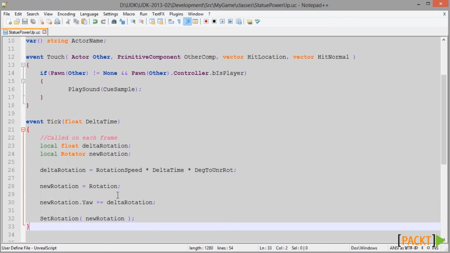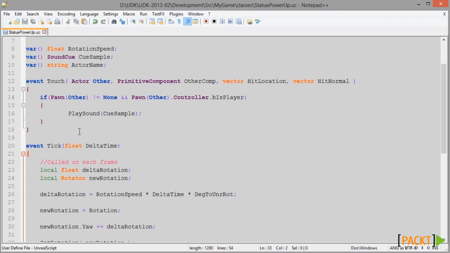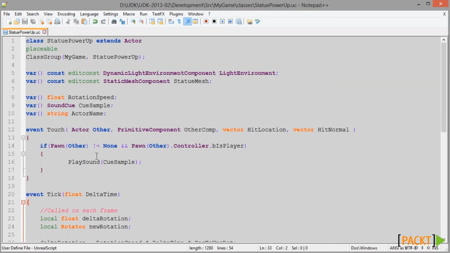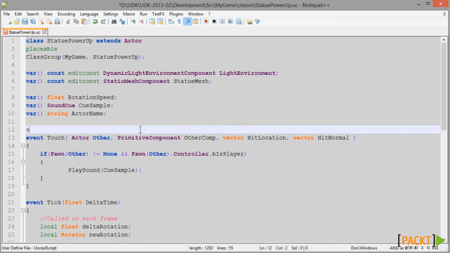We could go ahead and do that by coding the functionality that way, but UnrealScript provides us with a neat feature called states, which allows us to mimic this kind of behavior and doesn't require us to use any conditional statements to do it. So let's take a look at how we can use states to achieve this. So we have the spinning state, which is the default state of the object. And I'm going to code that into the class by creating state, and I'm going to name it spinning, and